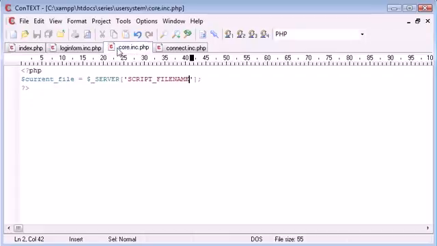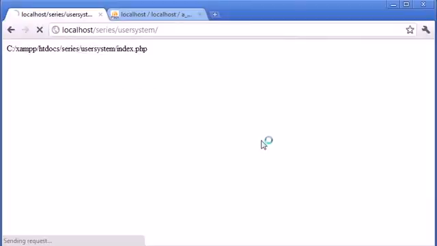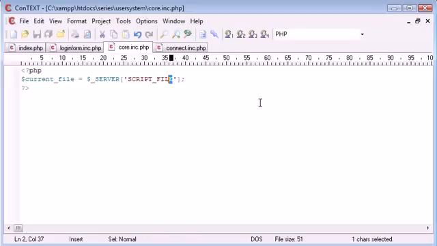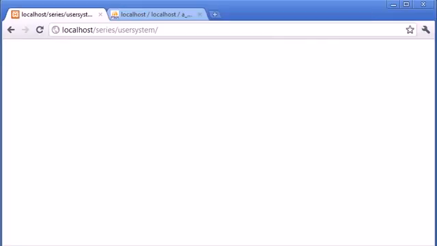Let's go back to core.inc. I think what we could use is script file, perhaps. No. I think we can do script name. Oh, script name. Refresh there, see what we get. Okay, yeah, this is fine. So now what we've got is the location we want to